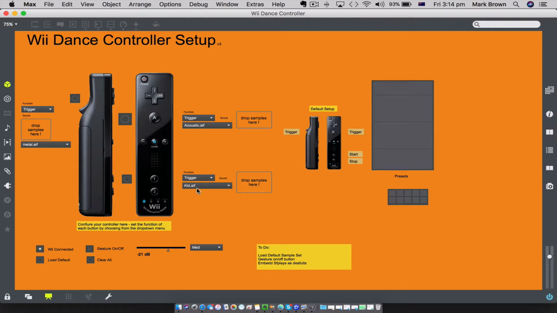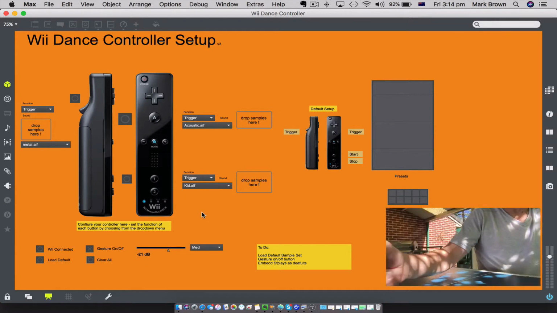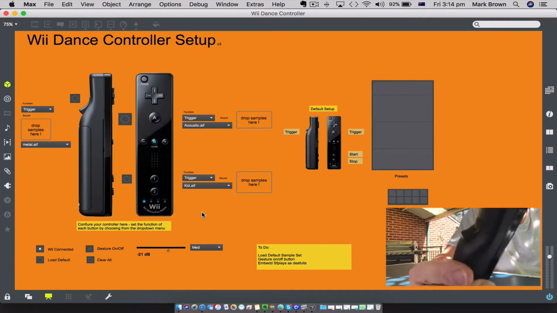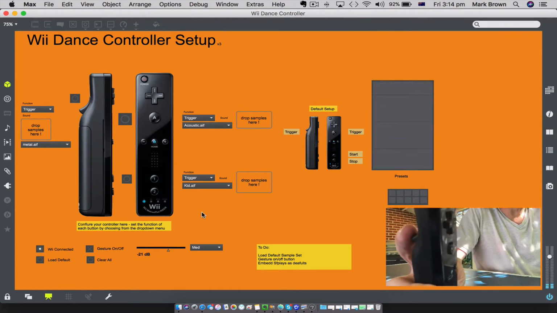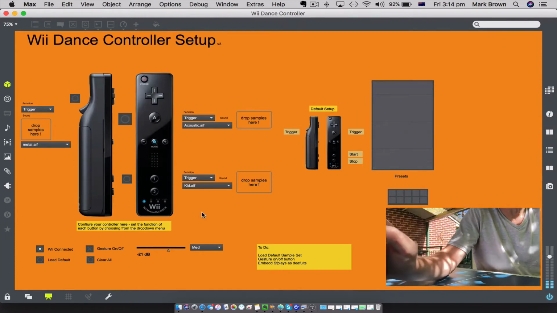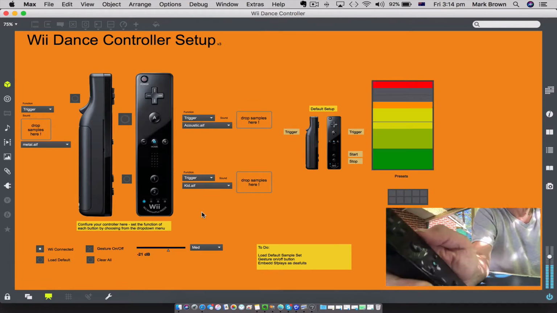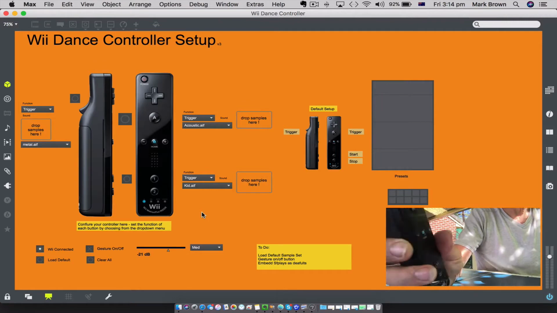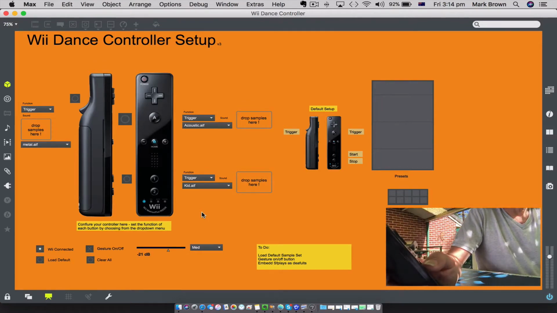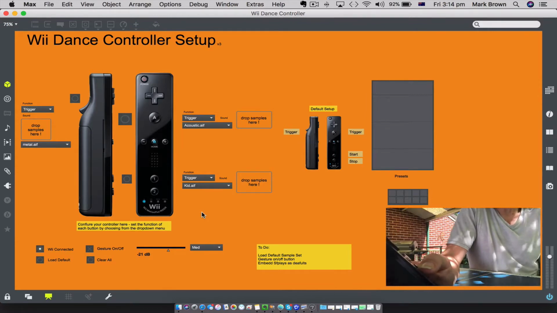I've also added in some more button functionality to the actual controller itself. So, as well as the back button, which is known as the B button on the controller, the A button, the start loop on button 1 and stop loop on button 2, I've also added the home button in. So the home button will allow the gestural information or data coming from the Wii to come into the system